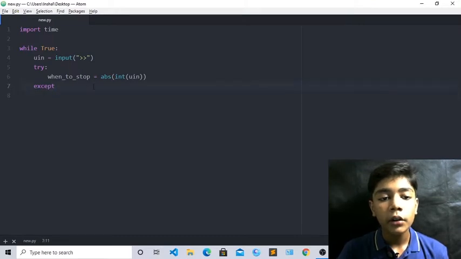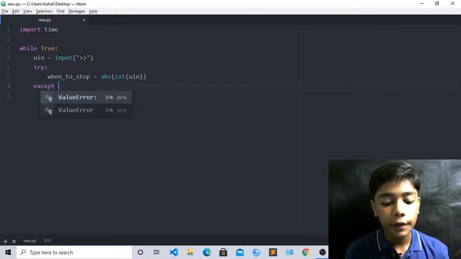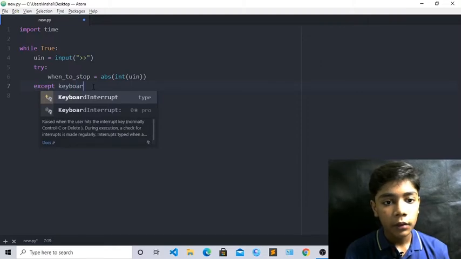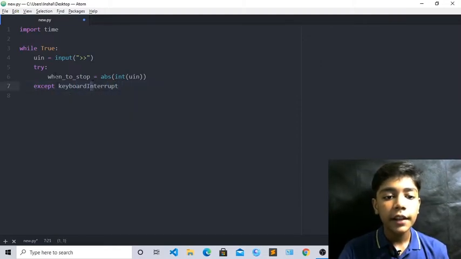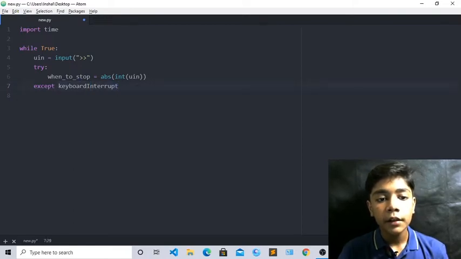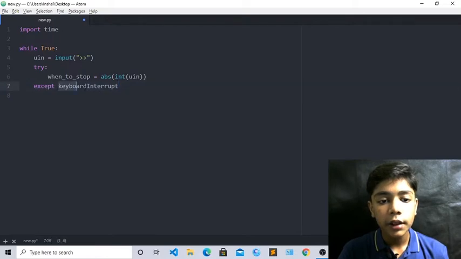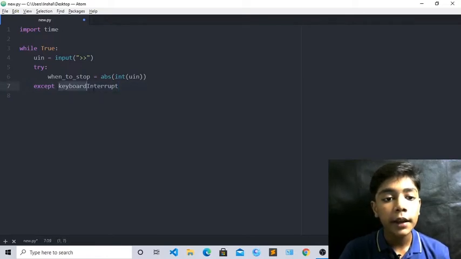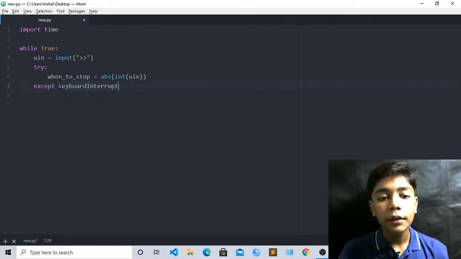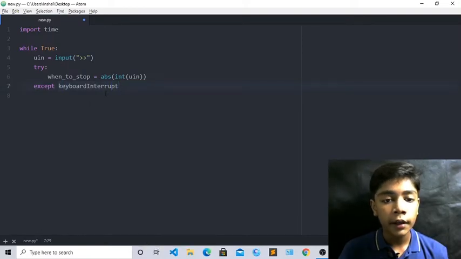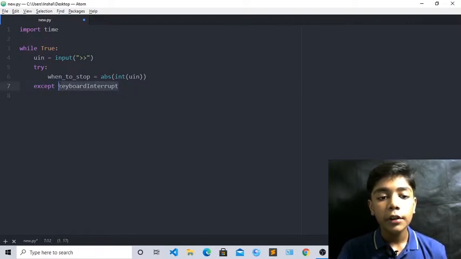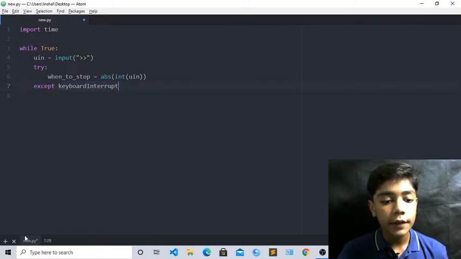Okay, and now in the front of this accept we will write here keyboard. Okay, keyboard interrupt. Okay, this is a tag which we have written in the front of accept tag. Okay, and it also has really importance in Python if you are making any project or topic related to Grammarly. Okay, so keyboard interrupt comes there in work, and it is also used for many things. Okay, now this keyboard interrupt we will also check that it has latest version or not.